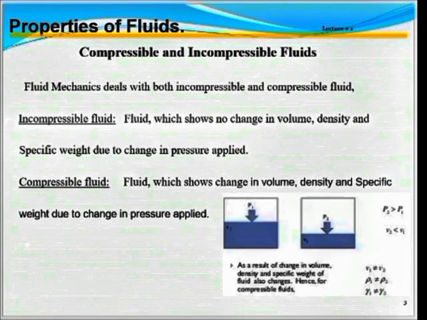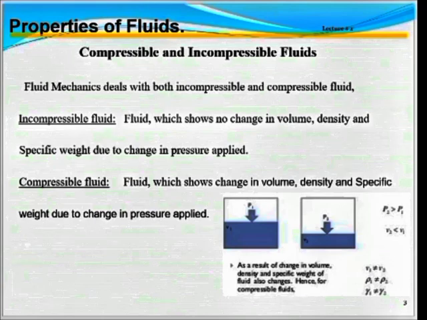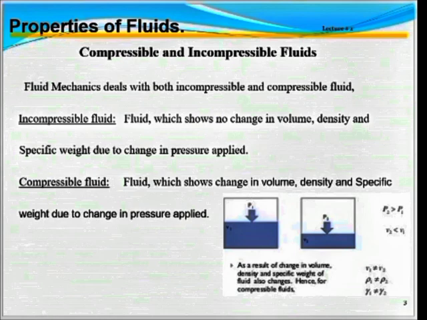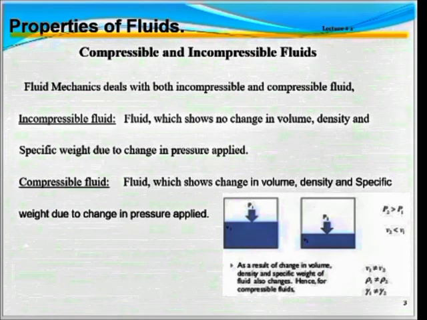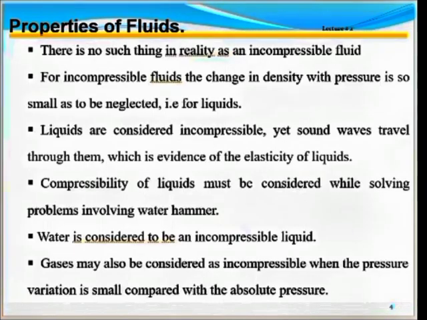Density is absolute, meaning it is constant for any fluid at a given temperature. But specific weight is not absolute, meaning it changes with the force of gravity, while density does not depend on the force of gravity. So density is absolute because it does not depend on the force of gravity, because the force of gravity changes according to the latitude and according to the location of a place.